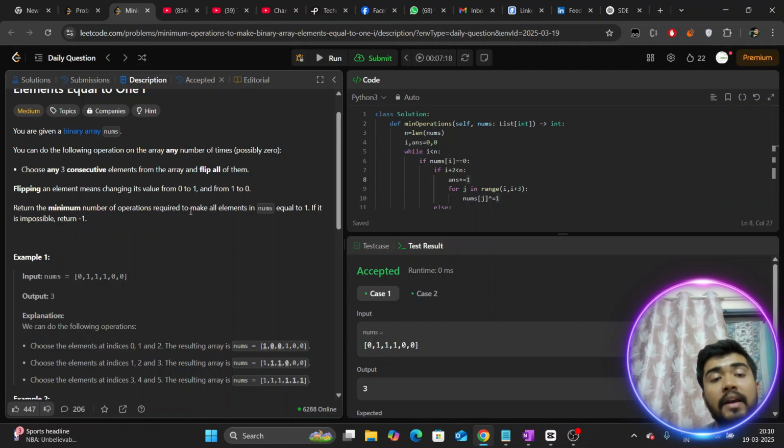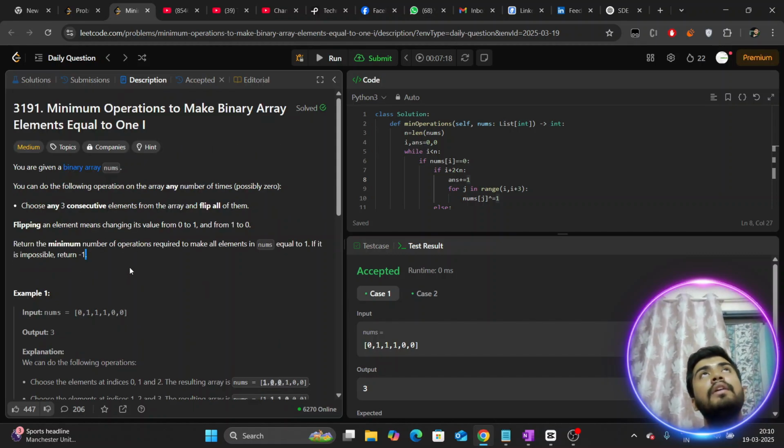Return the minimum number of operations required to make all the elements in nums equal to 1s. So we have to say what is the minimum number of operations we have to perform to make all the elements in nums equal to 1. The question is very simple. If we are not able to do any operations altogether, then we can return -1. Now what we can think is, you can keep a window of size 3,